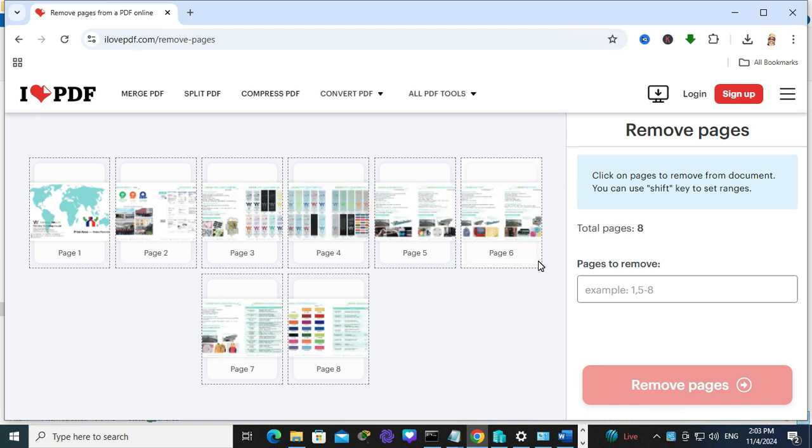The PDF file has been opened. I want to remove page 1 and page 4 from my PDF, and look, just click on the page which you want to remove and you will find the pages to remove: 1, 4. If you want to change your selection, just click here